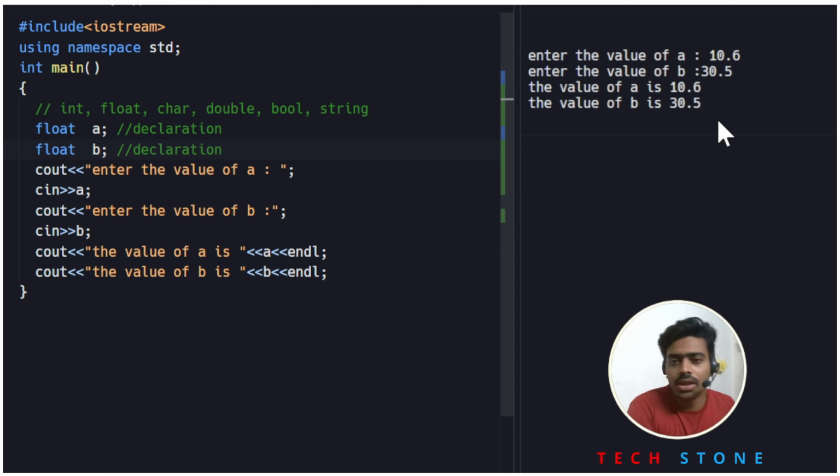So this is for decimal type of value. Whenever we have to store decimal values, the data type should be float, because we are going to enter the decimal type of value, so we have to use the float data type. Now we want to